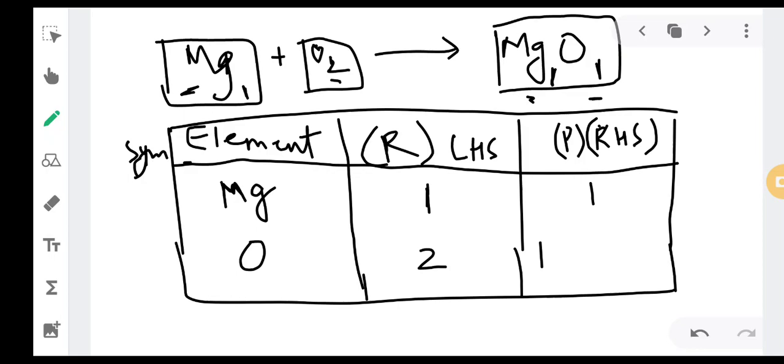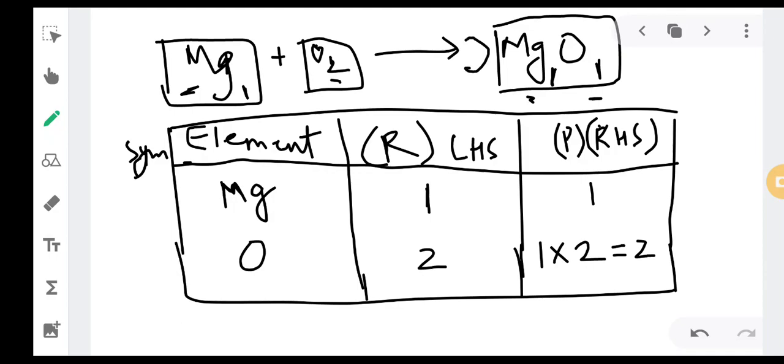So generally the answer is, every time it is easy to convert a smaller number into a bigger number. So whenever you are writing a chemical equation, you have to make the smaller number into a bigger number. 1 is over here a smaller number as compared to 2. So how can you make 1 into 2? By multiplying by 2 over here. So when you multiply by 2, this will become 2 in number.